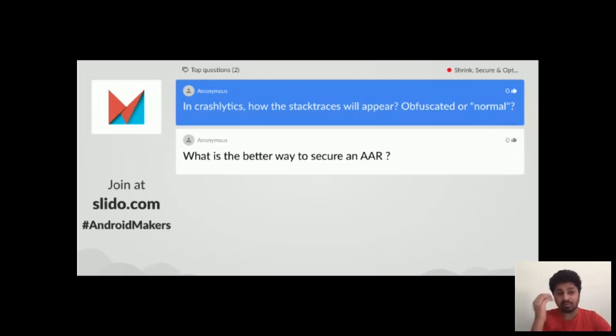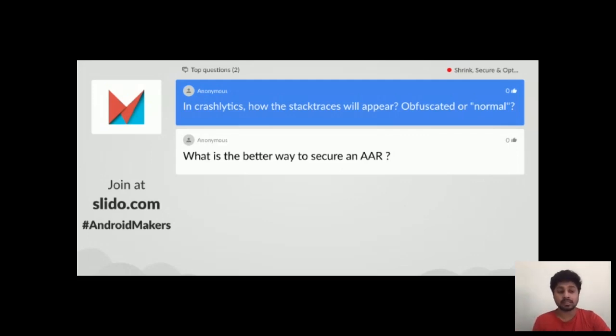But in Firebase, Firebase wants you to not create the mapping.txt file. It tells you not to add that keep rule line that you added earlier, like printmapping mapping.txt.